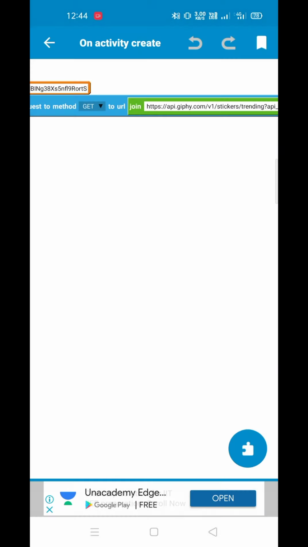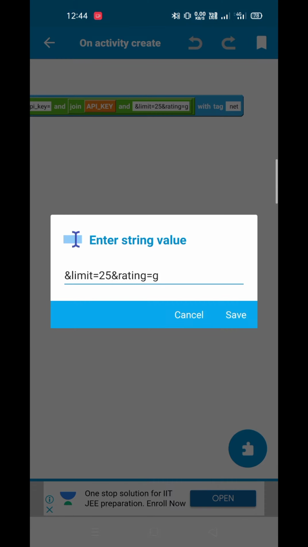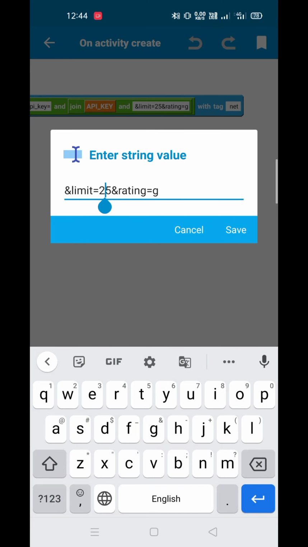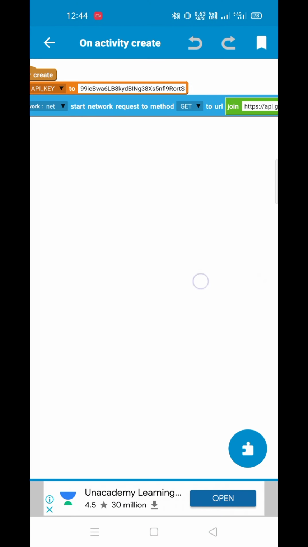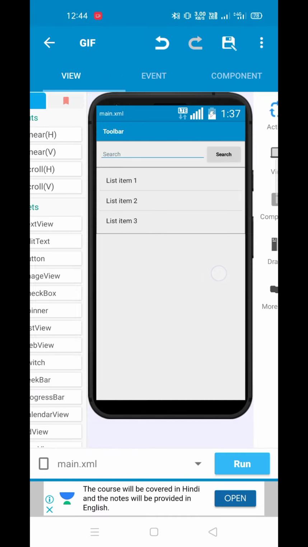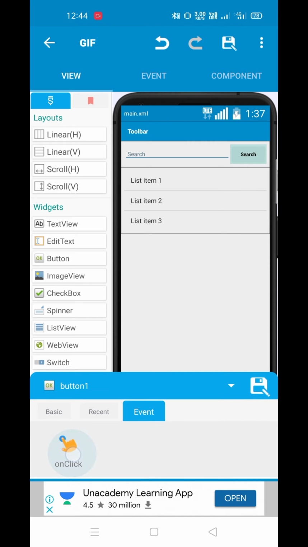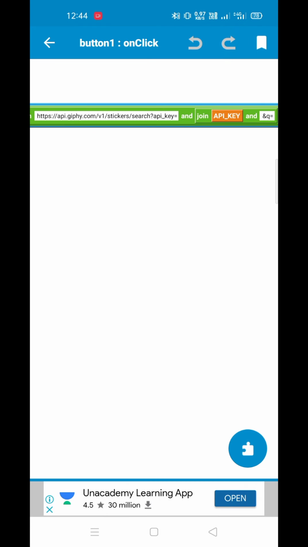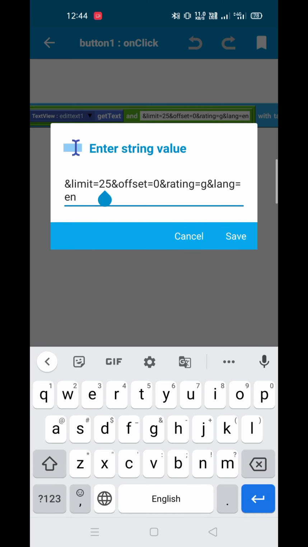And you can also increase the limit from 25. I have set it to 25. You can increase it as much as you want. Here it is one, and another one, the limit is on the search button. There you can increase the limit as much as you want.